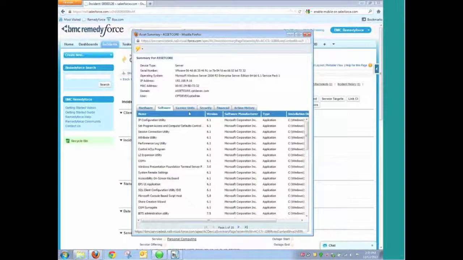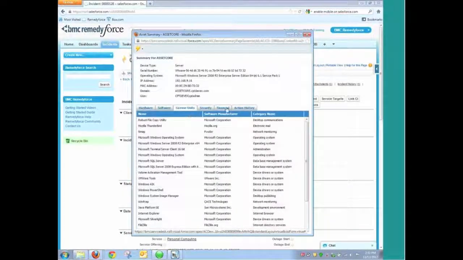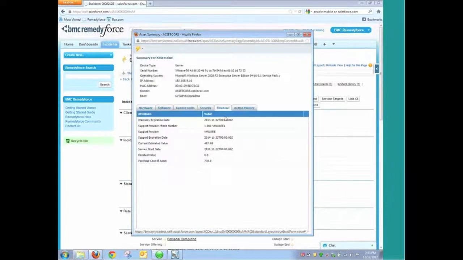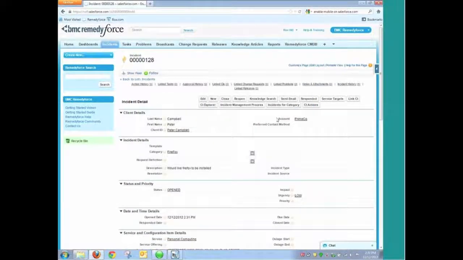I can see the software, license unit. We even have the ability to track financial information. So again, this is all data that we're able to see from within Remedyforce that's stored in the Asset Core solution. So we can see that current book value of the asset, all those types of things. So now that I'm comfortable with the device that I might be installing this application on, we'll now go back